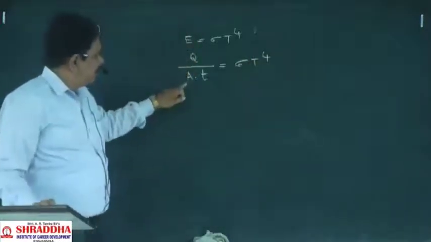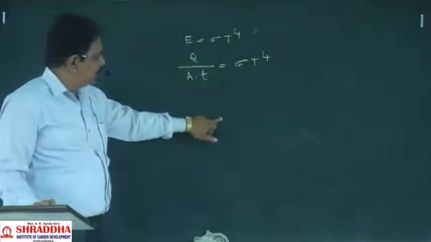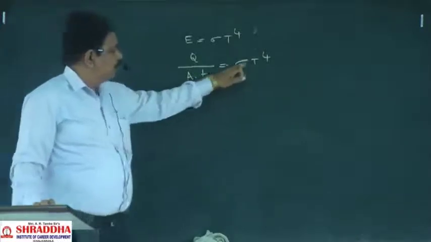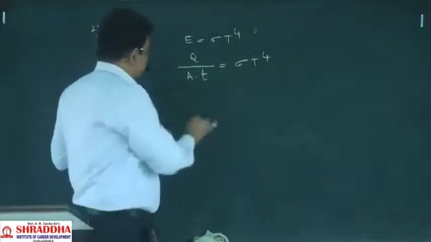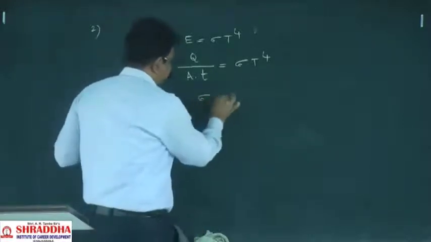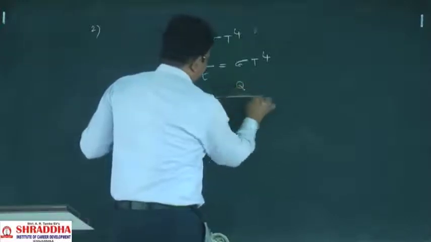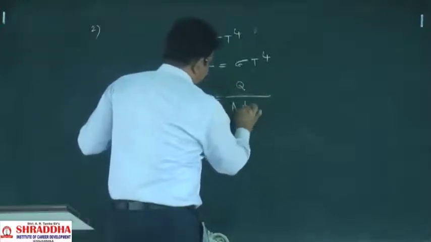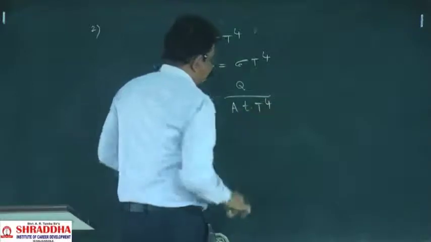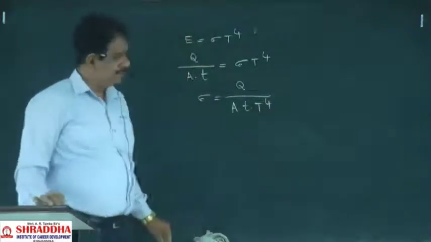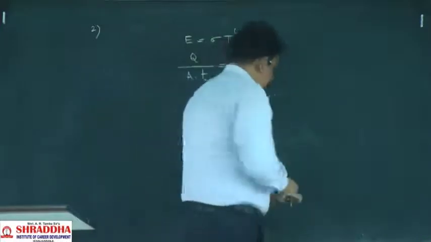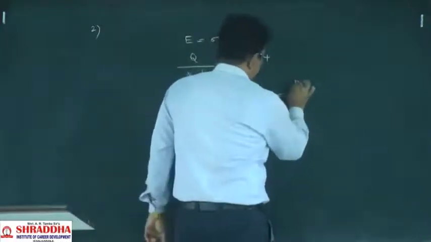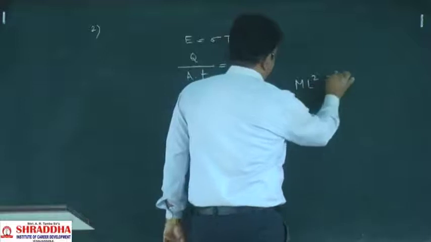Sigma is equal to Q by A T power 4. So Q, what we will get here is ml square T power minus